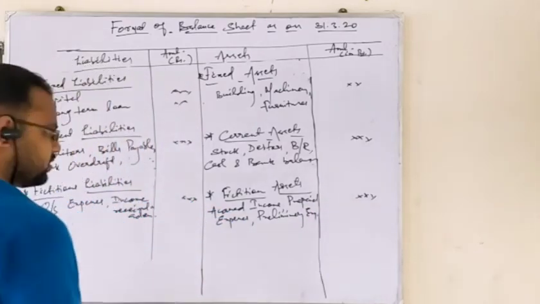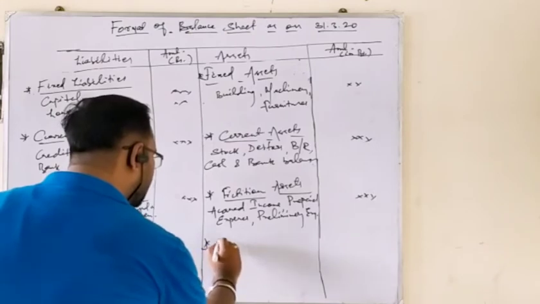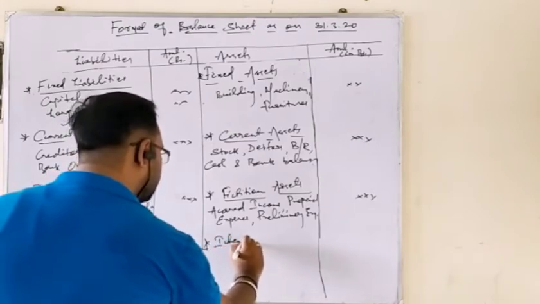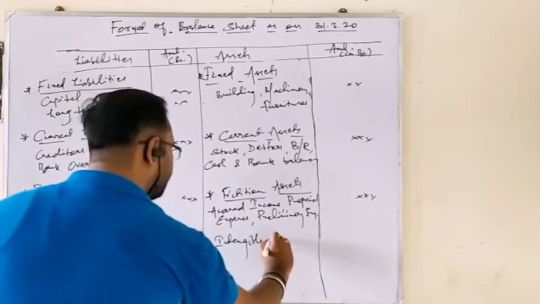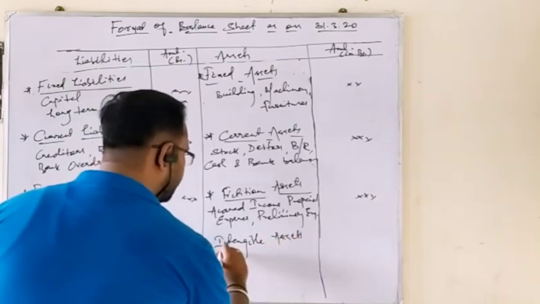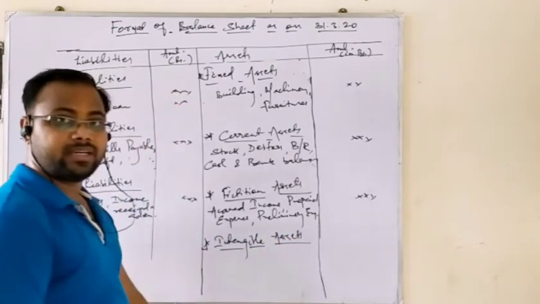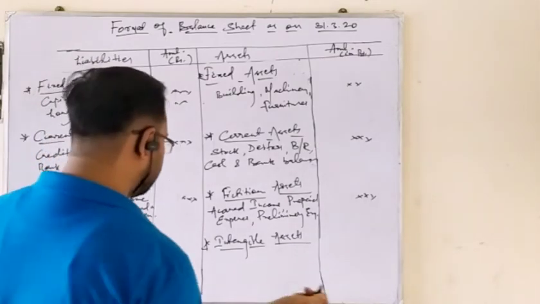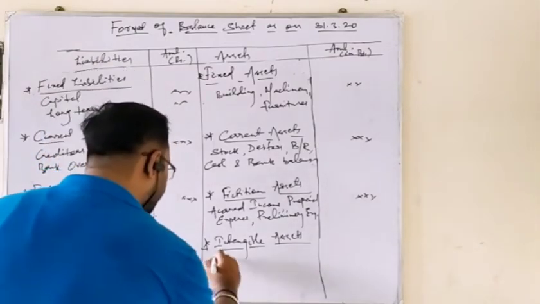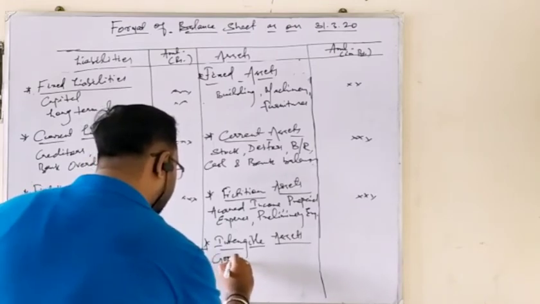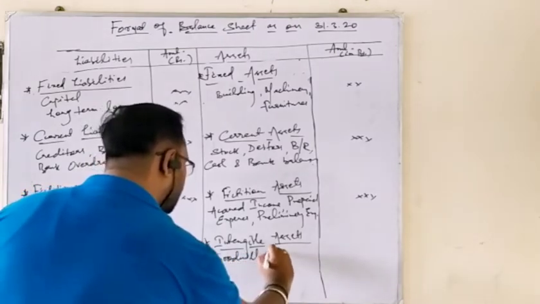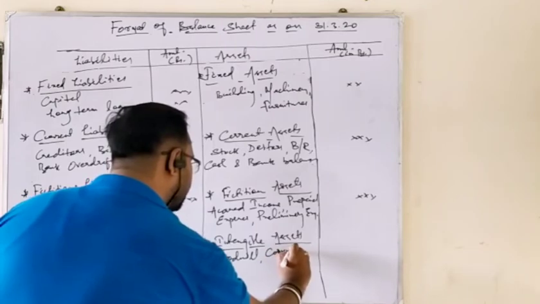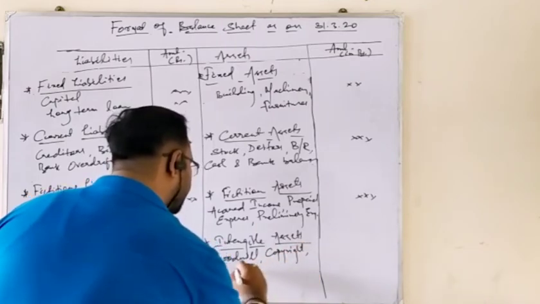And the last we have discussed here is intangible assets. So what were your intangible assets? It represents those assets that exist in the business organization but do not have any physical form and also cannot be touched and seen. So those were the intangible real account balances like goodwill, copyright, patent right, etc.